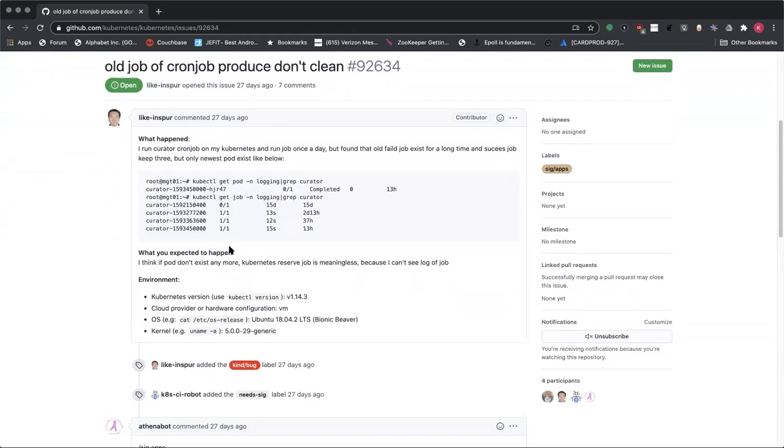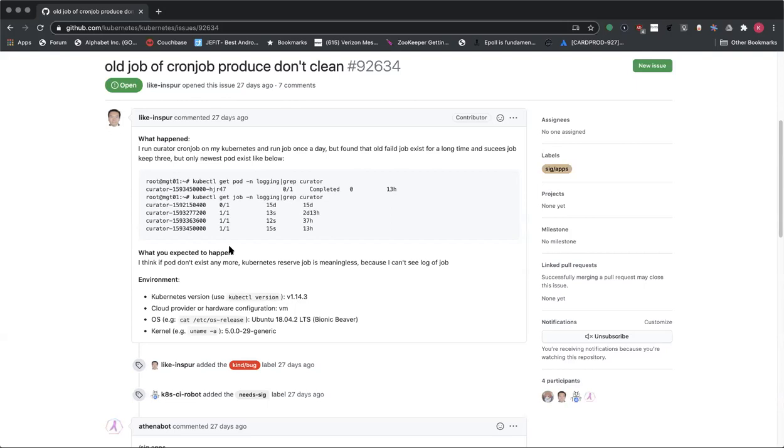So Janet, what happened with the job garbage collection? It's still alpha. Okay. So based on the current documentation for what we do today, this is works as intended because we don't clean the jobs up, and that's by design.